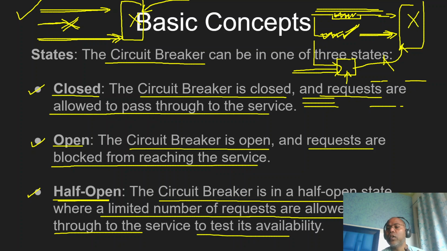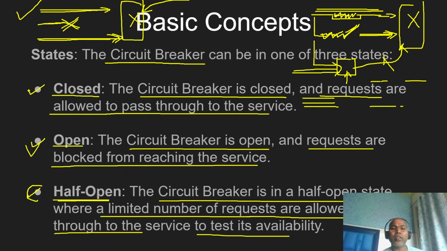whether this faulty node is now ready to respond or we still have to wait, because the objective of the circuit breaker is to block the request until the faulty node recovers and is in a good state where it can respond. So one way is to stop forwarding requests to the faulty node. But after some period of time, we have to test again whether this node is available and repaired. So those tests, checking for resuming or stopping, are done.